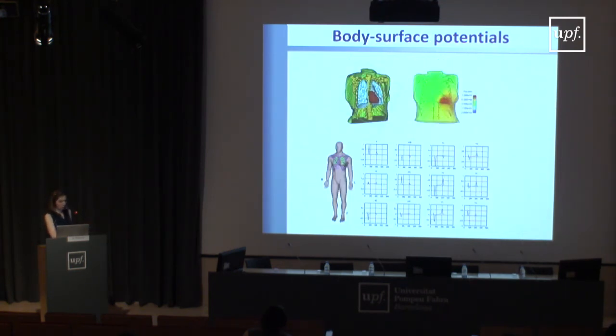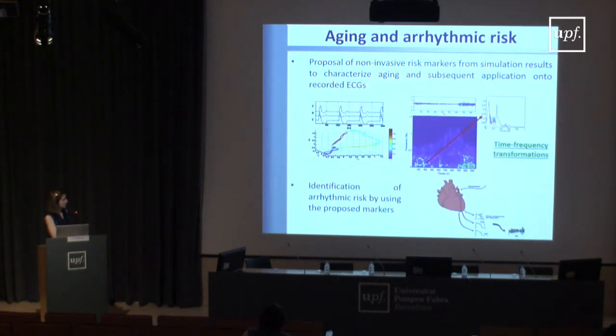The last step will be to build models that we can integrate and compute ECG-like signals. The idea of using these ECG signals is to evaluate different markers that could potentially be markers of arrhythmic risk. So basically, to characterize different patterns of aging for different subjects, and to see which of those patterns is more pro-arrhythmic. We know that aging is related to arrhythmias, which are very prevalent in the aging population, but we know that different people of the same age are not at the same risk.